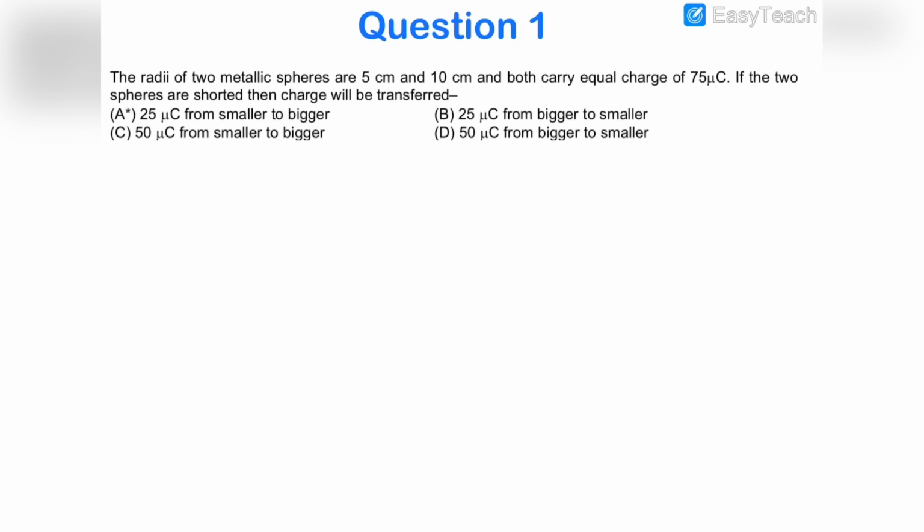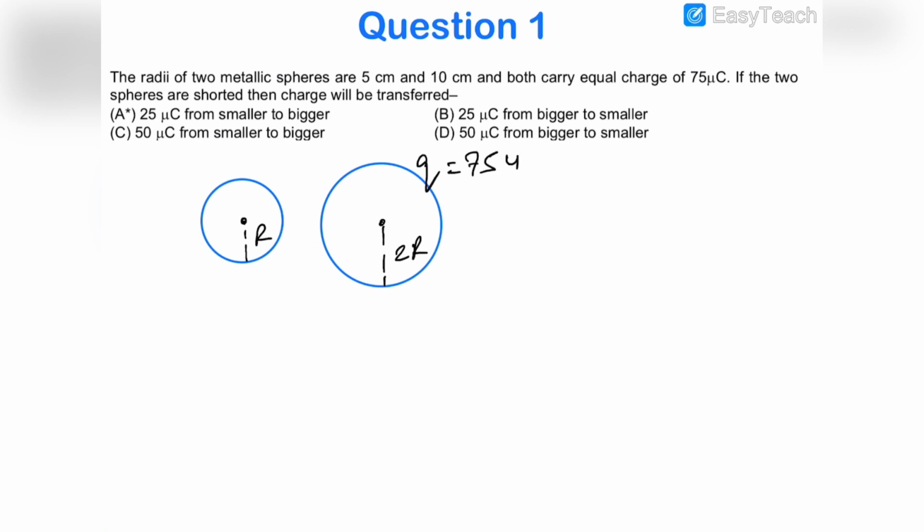Now in this question you can see that there are two spheres whose radius is in the ratio of 1:2. Okay, and they both have a charge of Q which is 75 microcoulomb. They both have initially equal charge. They are now connected with a wire, and by connecting them with a wire they will be